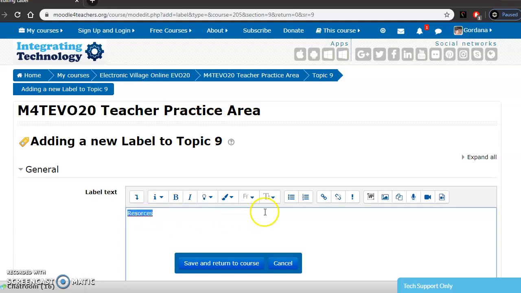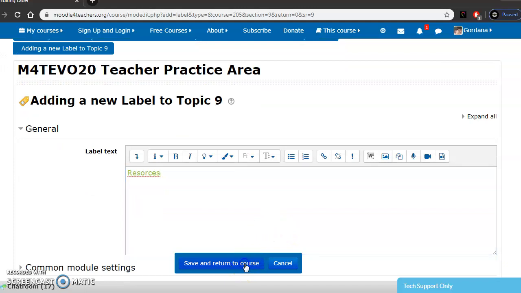I could also select color, project text, make it bigger, okay, and save and return to course,